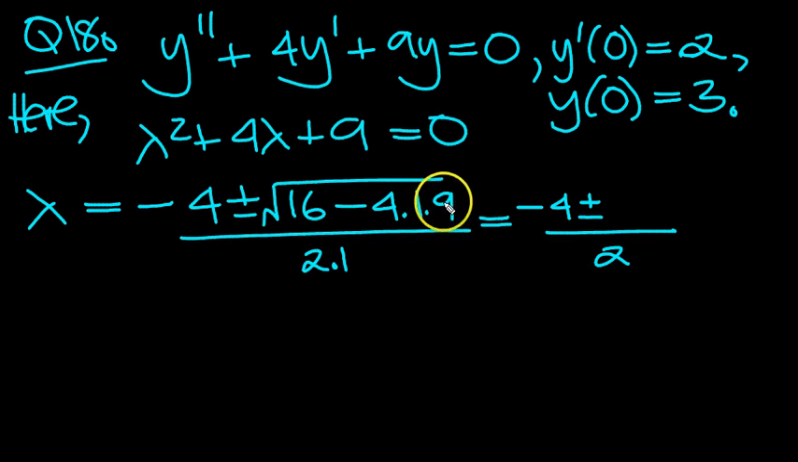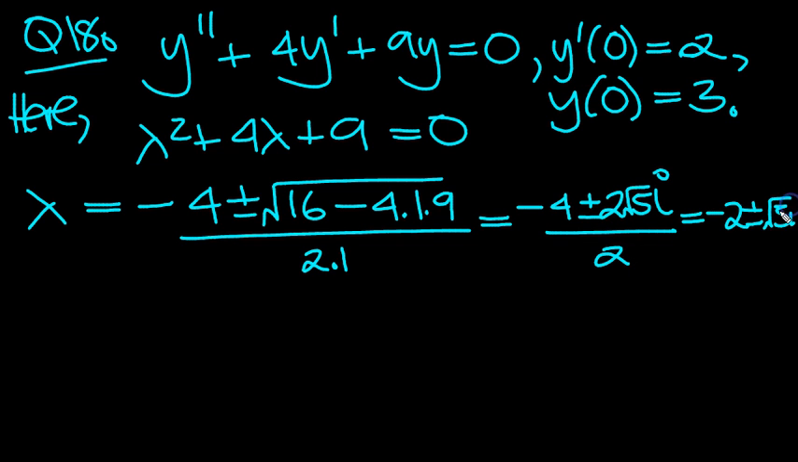16 take 36, 4 nines are 36. 16 take 36 is minus 20. So we've got minus root, so that's an i. The root 20 is root 5 times root 4, and root 4 is 2. So I'm going to write my root 20 as 2 root 5. I hope that's okay. And then we can simply write minus 2 plus or minus root 5